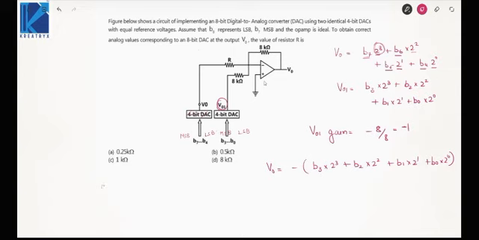Okay. So that means gain of V0 should be minus 16 or minus 2 to the power 4. That is, if you take minus 8 by R, it should be minus 16, or you can say R must be 0.5 kilo. Is it fine? Then only you can obtain the correct coefficient with each resistance or each gain of each bit. For that we have to multiply each gain by 16, and for that we need R equal to 0.5 kilo.